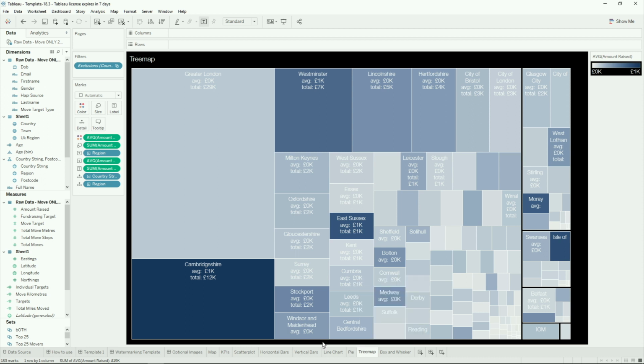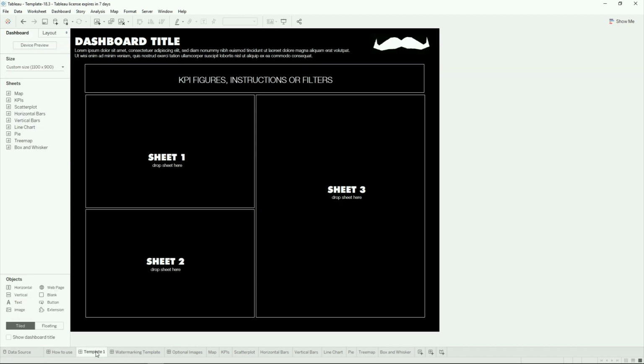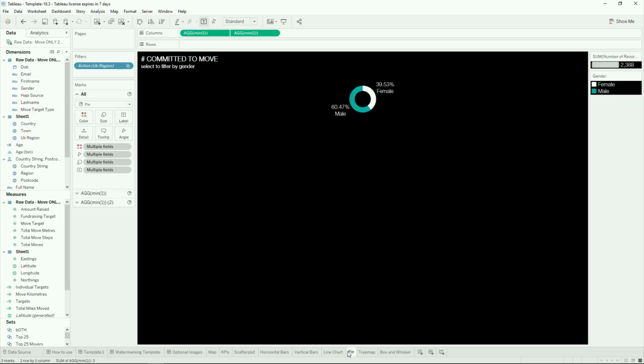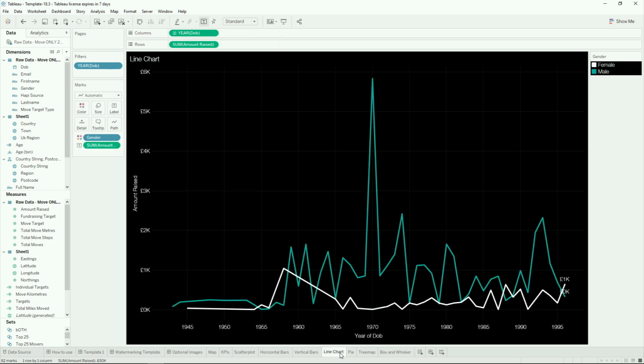And once they've done that, they could go in and also copy and paste this entire report template into their new workbook and then drag their sheets in. So creating these kind of sample visualizations is a great way to get others to follow your style guide. And you don't need to use a full data set to do this. You could just use a sample or dummy data.